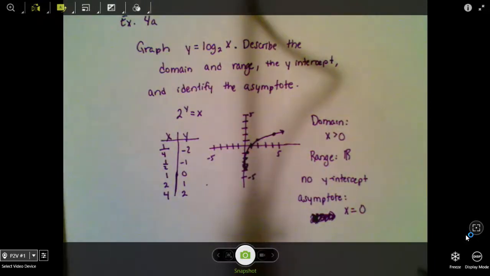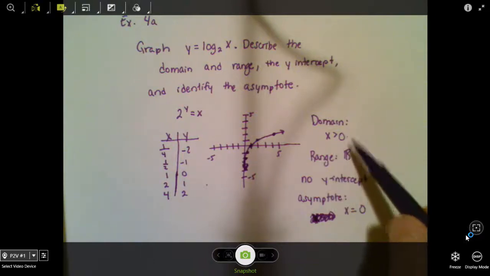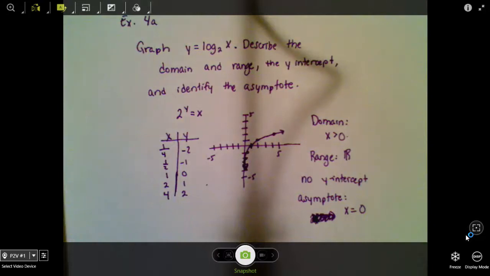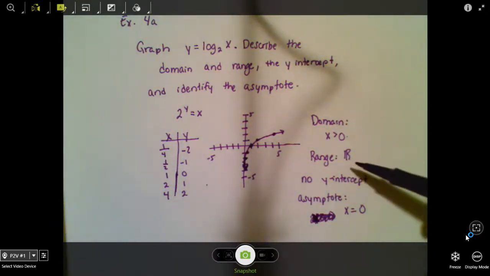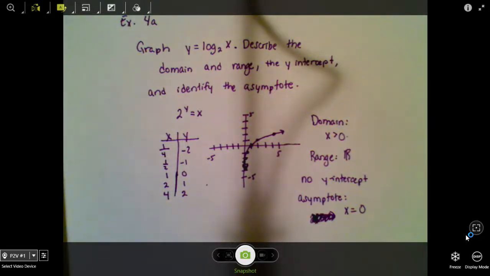And the y-axis is the line x equals 0. So we've answered all of our questions here. Domain x is greater than 0, range is all real numbers. Hopefully you're noticing some similarities with our domain and range here with our exponential function. Exponential functions, the domain is all real numbers. The range is greater than 0. So flip-flopped here, since they're inverses of